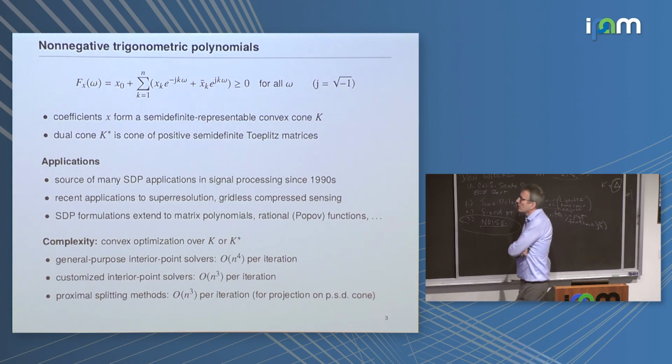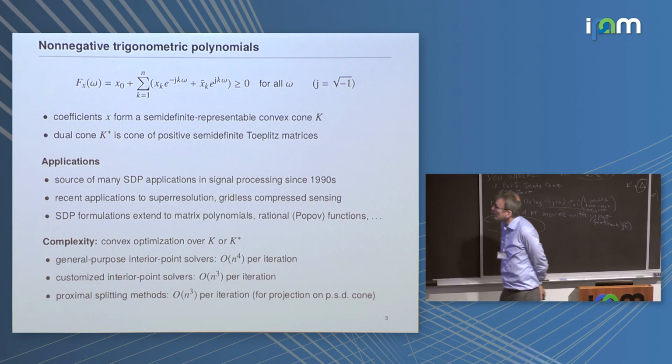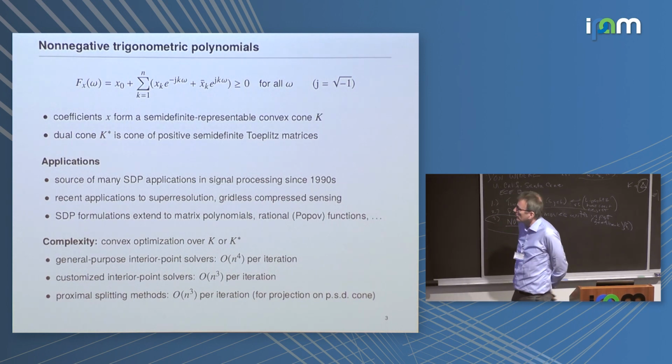So here also, if you look at the complexity of solving a problem that involves a constraint of this form, assuming that this is the most difficult constraint in the problem and the objective function and the other constraints are straightforward, but this limits the complexity. Then for a general purpose solver, a general purpose interior point solver, you'll get into the fourth power of n per iteration. Again, it's easy to customize and bring that down to n cubed, which would also be the complexity of a